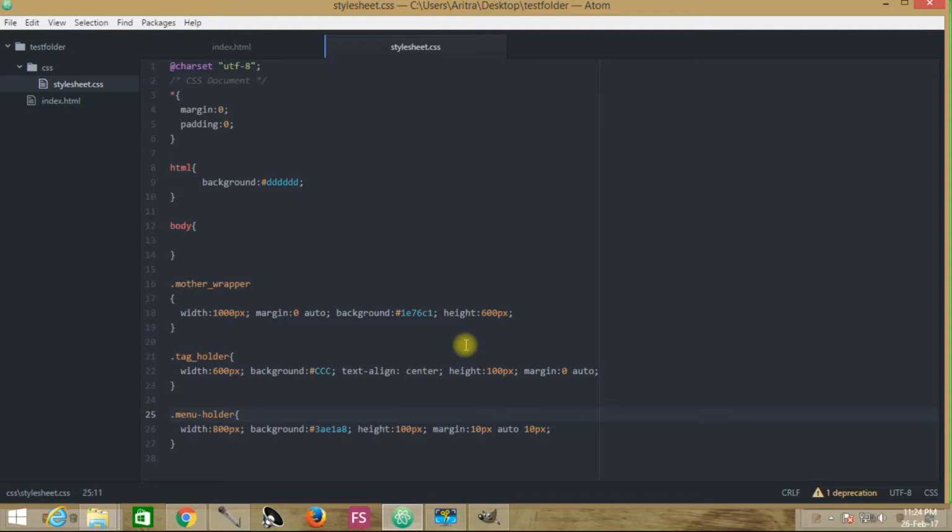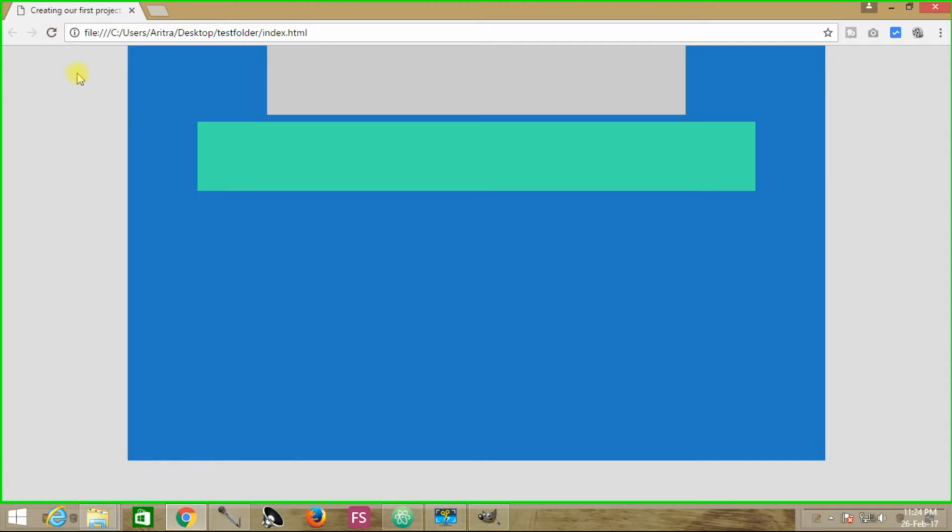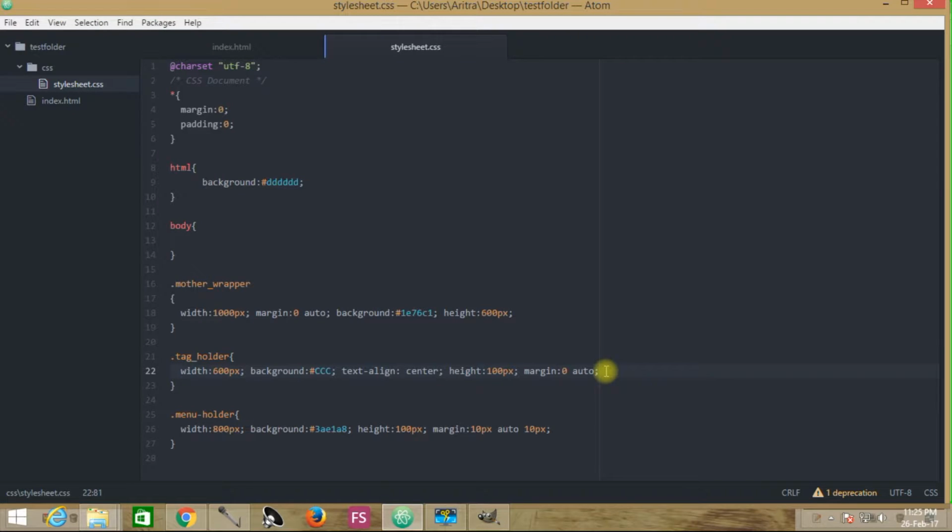So save it, get back to your project, reload, and you see that from the top block contents, it is now leaving a total gap of 10 pixels. And when you create another block here, you will notice that the same exact amount of 10 pixels is left over here, as you have provided a 10 pixel margin from the bottom. So always keep these things in mind. All these things are interlinked, and you have to make a clear conception of these things, because they are very crucial in your future cases. Whenever you are stylizing your WordPress site or anything else, you will need all these concepts you are learning right now.